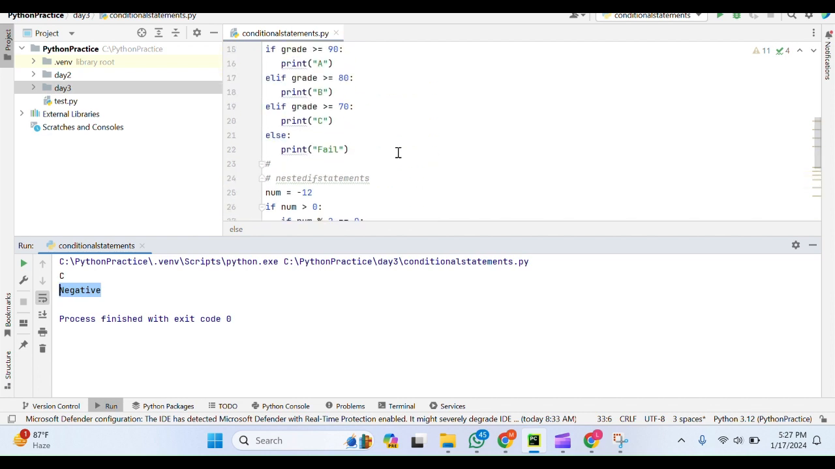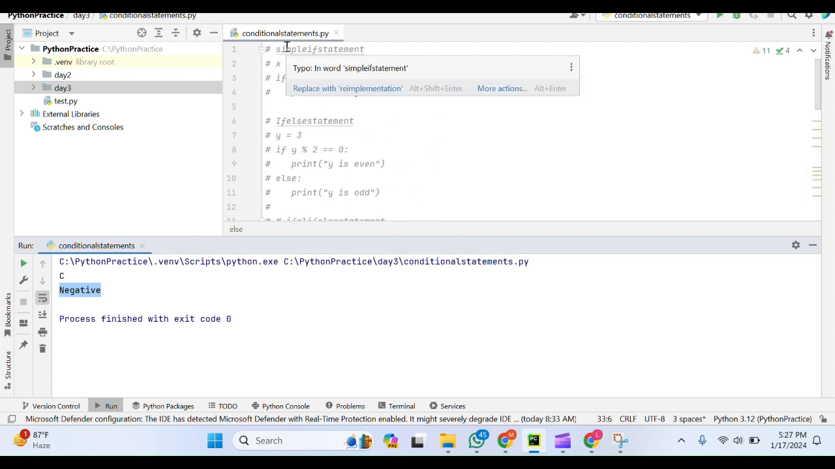Up to here we have discussed conditional statements of control flow. Tomorrow we will discuss